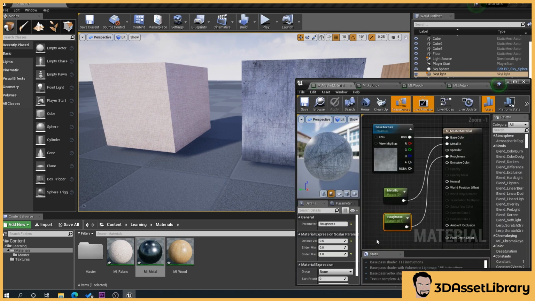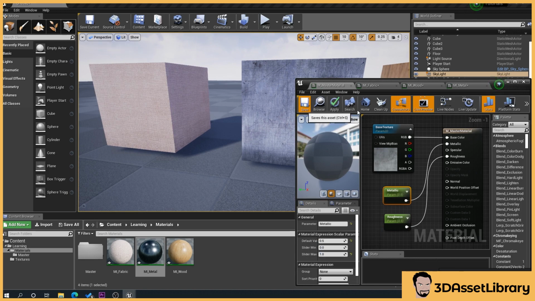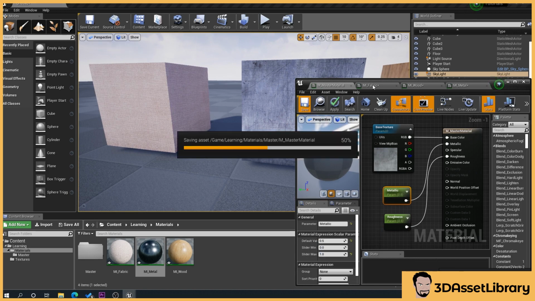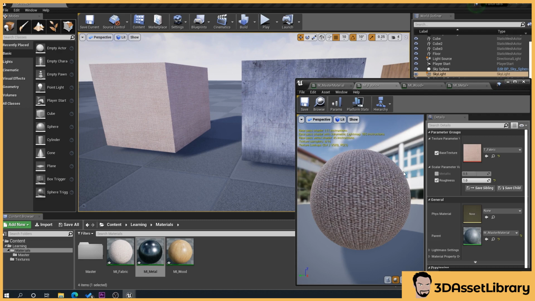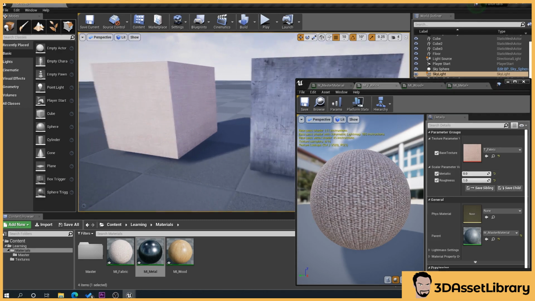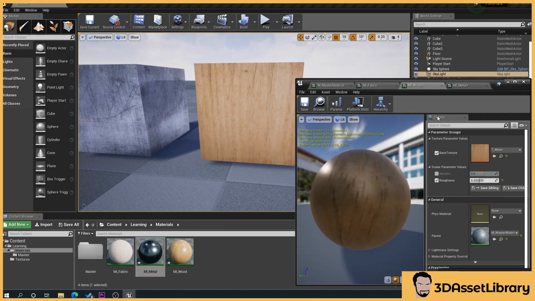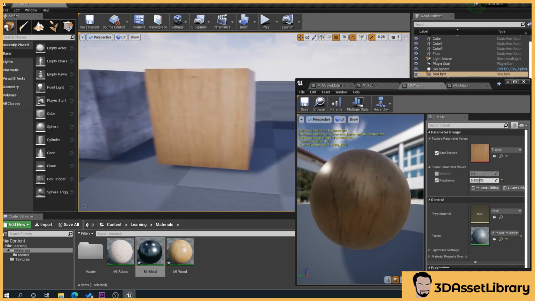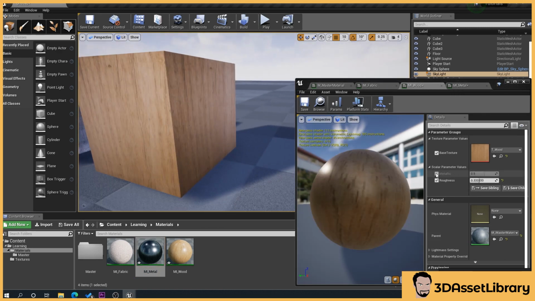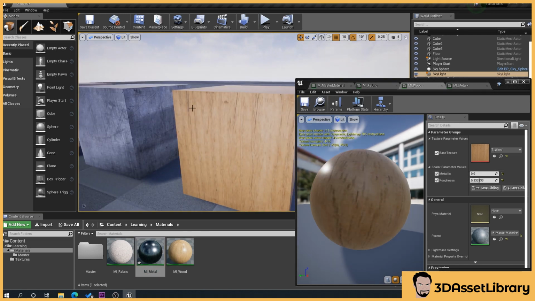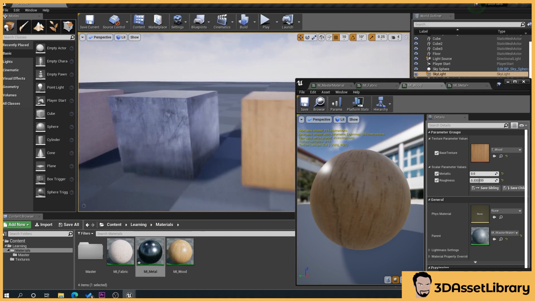So we'll do the same with metallic. So click on that, say 0.5, 0, 1. Wait for it, always remember to save. And there we go, we've got metallic. But obviously, fabric doesn't have metallic. Wood, you can see, you can actually get some cool things by doing stuff like metallics and whatnot, but wood doesn't have metallic. Right, so that gives you a rough idea of how that works, why it's good to use.